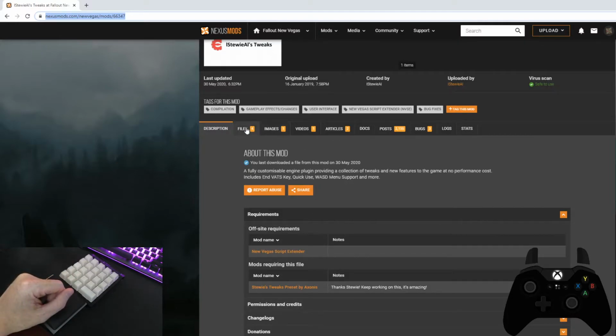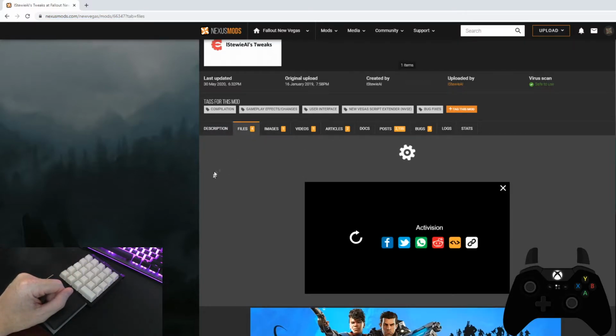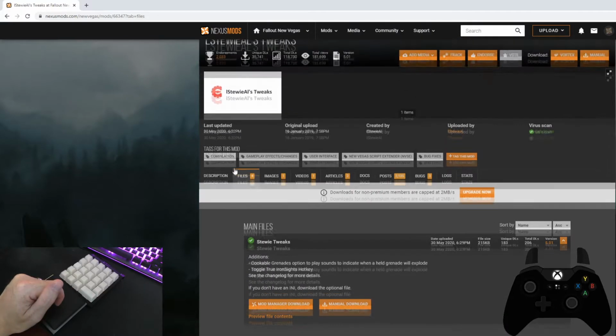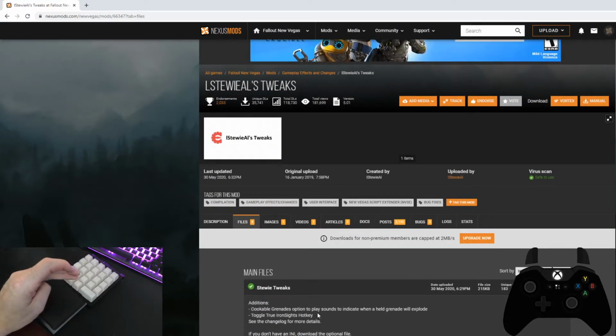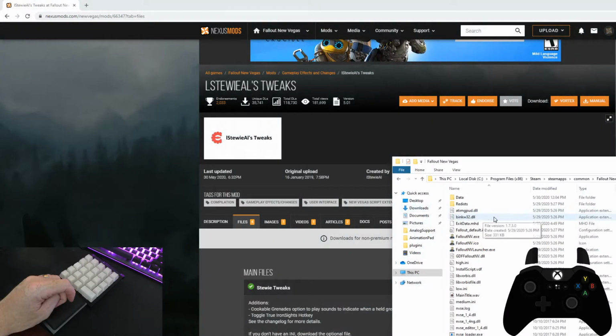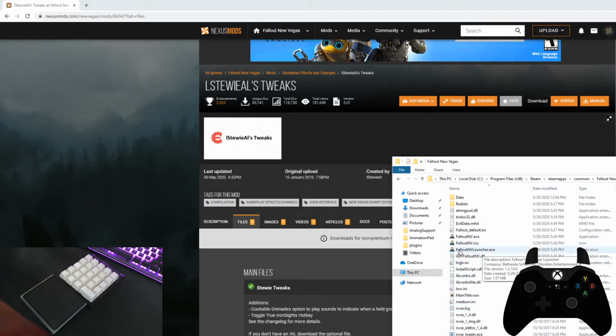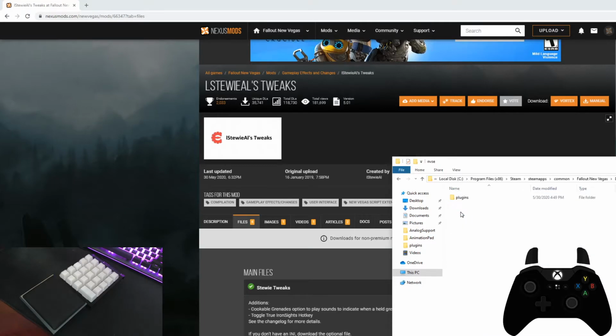And then you also will need to download this file from the modder here, Stewie. If you download this file here, I'll show you where to put them. Basically in your New Vegas folder, the NVSE files will all need to go into this directory, the same directory that has your main Fallout launcher program. And then also in the data folder, NVSE and plugins, you'll need to put in the NVSE Stewie tweaks.dll